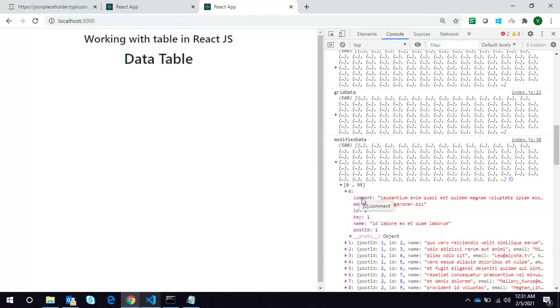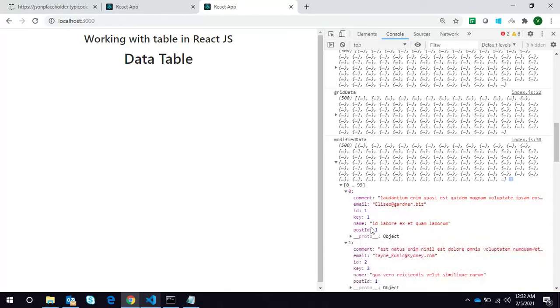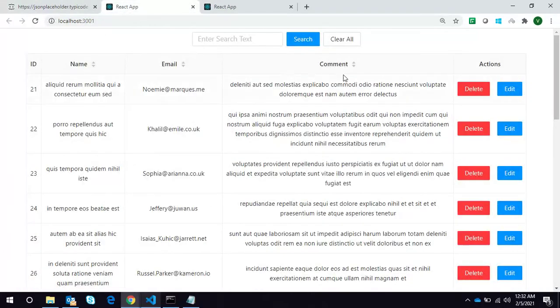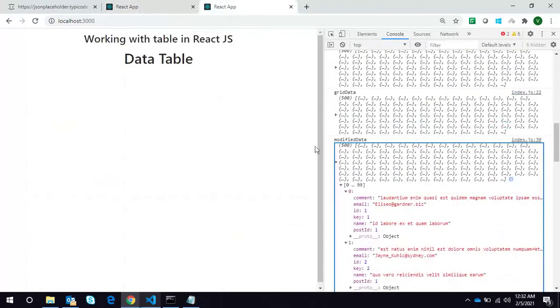So now you can see we have replaced all the array of objects, and this key we have replaced with the comment. So you will see comment, no body, but here we still have the body. So this I have to do in order to work with the comment. Okay, so this part we have done.